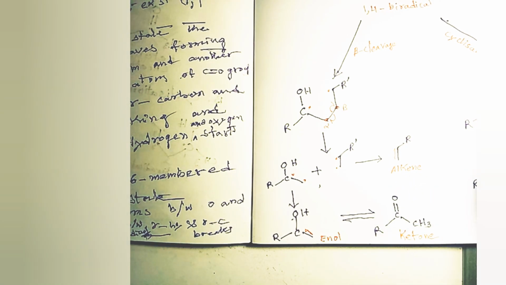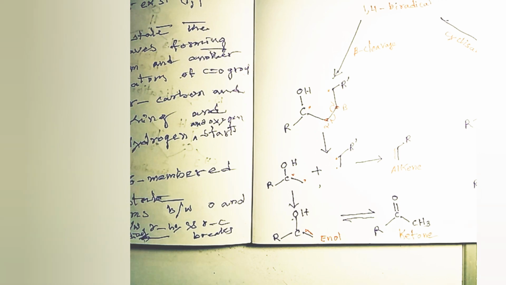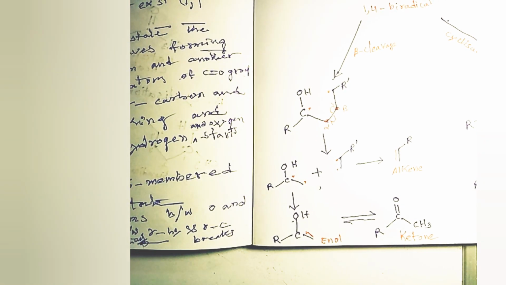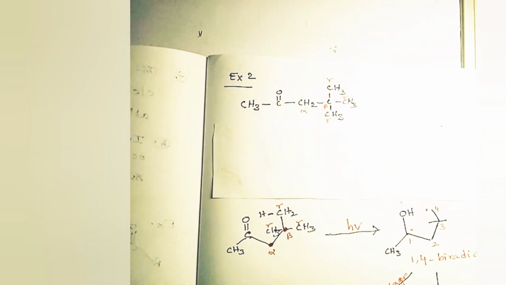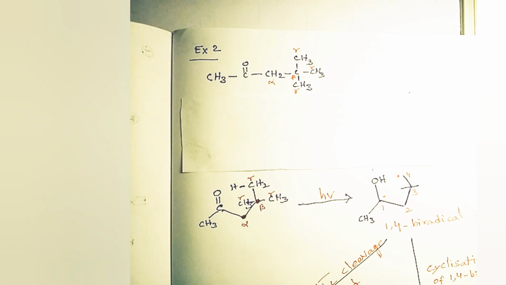This is the general mechanism of the Norrish type reaction. Let us see some more examples without this 6-membered cyclic transition state. Let us go directly to